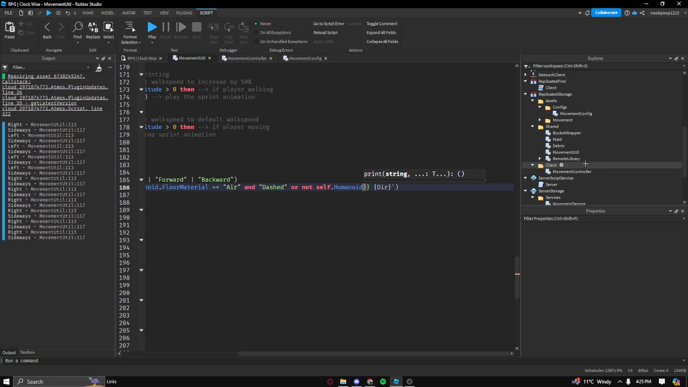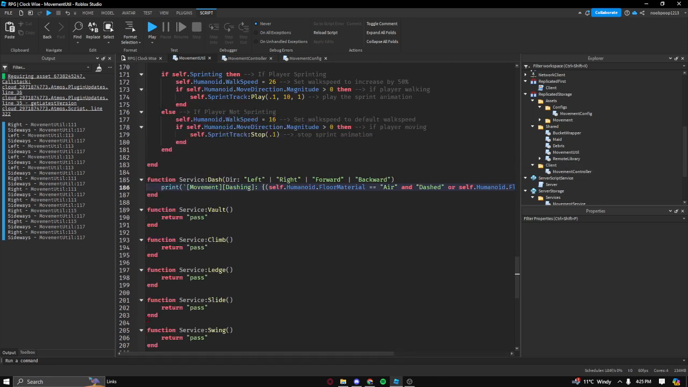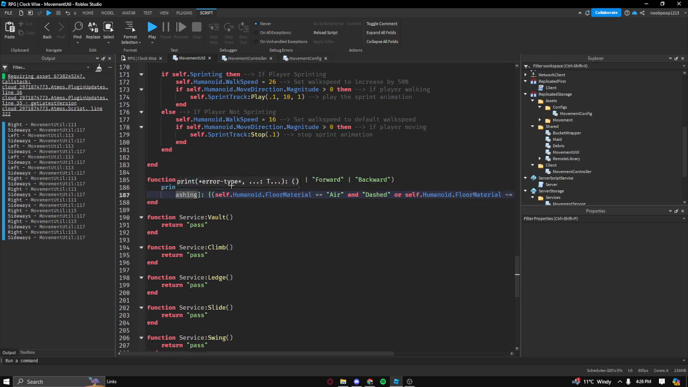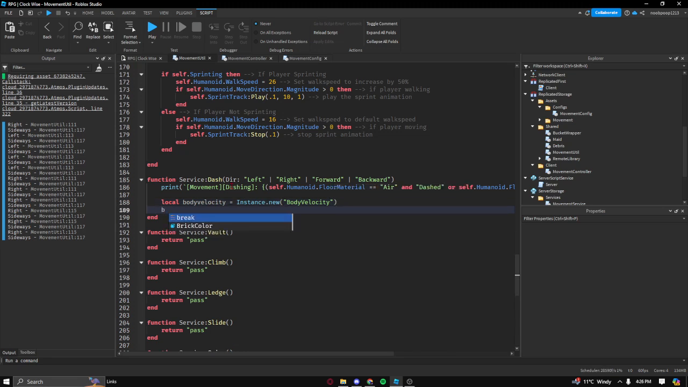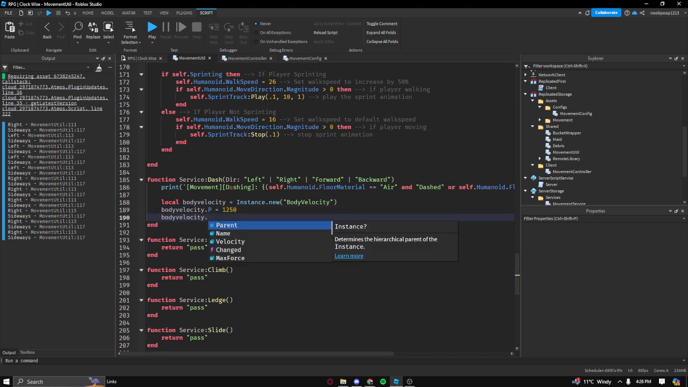Self.humanoid. So if this is actually on a material, if they're not in the air, then we're gonna say rolled and then forward, backward, whatever. Right, pretty easy. And then what we're gonna do here is create a body velocity. And then we're gonna say body velocity dot P, so aggressiveness, we're gonna say like 1250. And body velocity dot